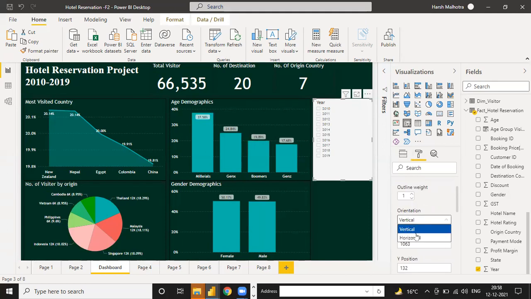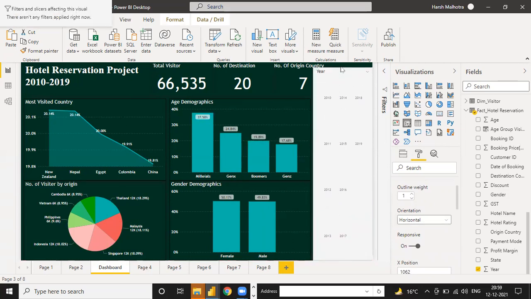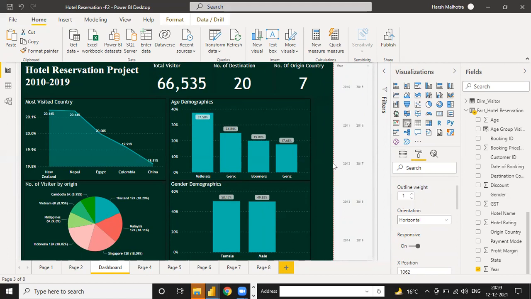Click on this vertical, horizontal. And now see the 2010, 11, 12, 13, 14, 17, 18, 19.